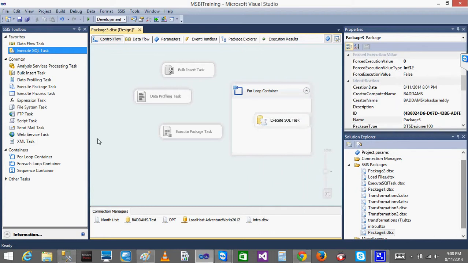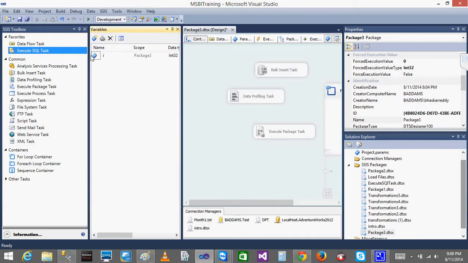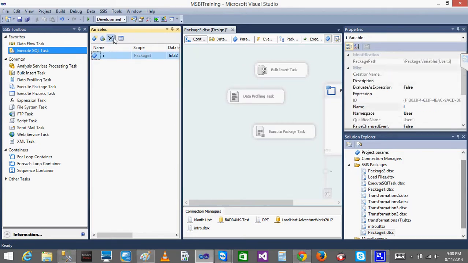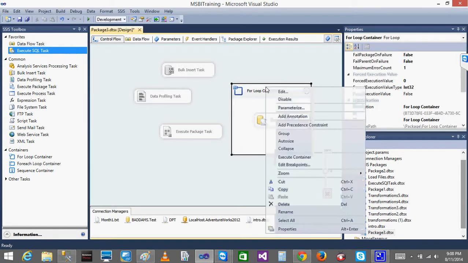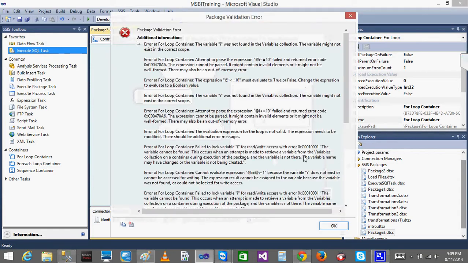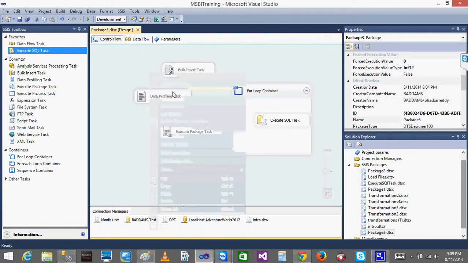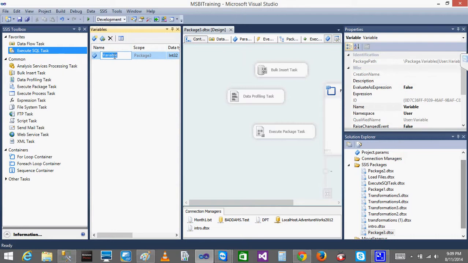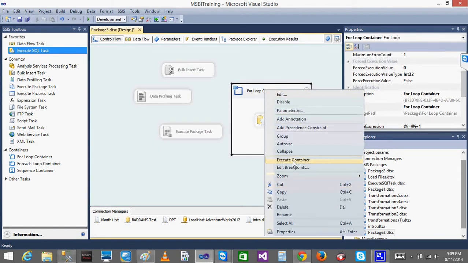There is no need for us to create the variable also, I think so. Whatever variable we are giving, we can delete this variable, delete it, done. There is no need for the variable, just the at the rate is okay. Execute container. Let's see now, because we have given i equal to 0. Okay, oh, I think we need the variable, sorry. Then we need the variables. I will just give i, so it is integer. Okay, close it. Now it will be okay. Yeah, we need to give the variable. Execute this.